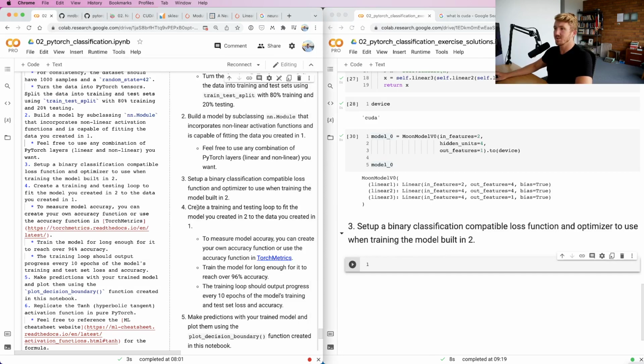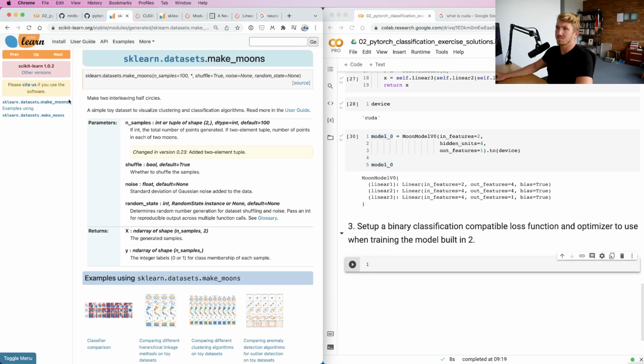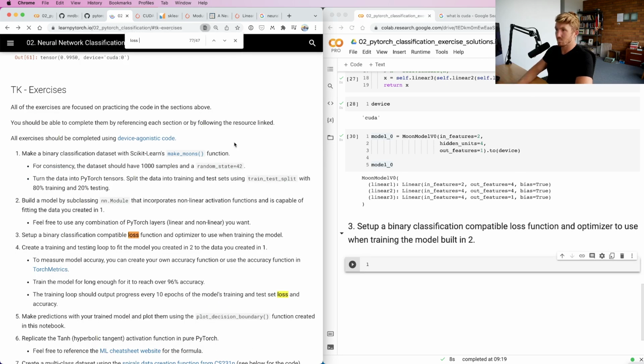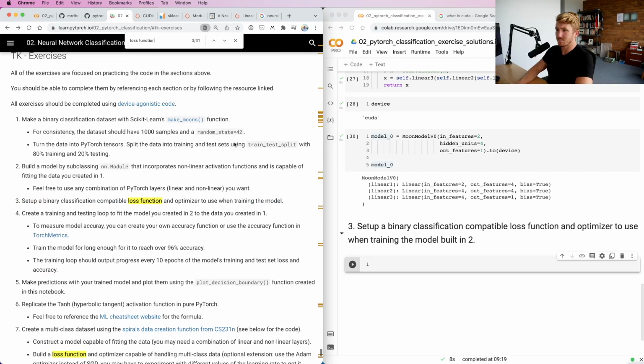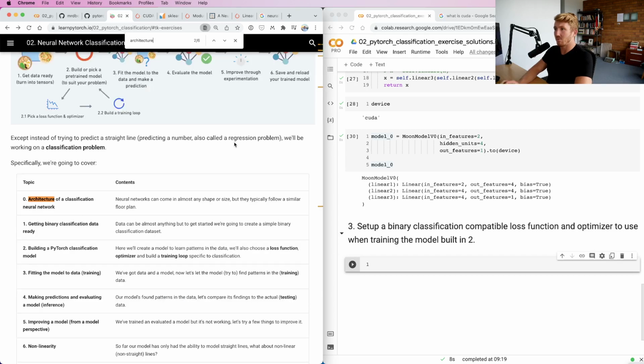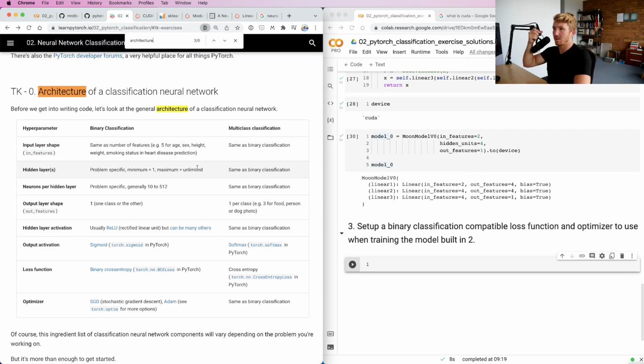So when it comes to loss functions, let's have a look at the loss function. We'll go to the architecture. So remember, these exercises are based off learnpytorch.io number 2. So you would have already gone through this section here, architecture of a classification neural network. Because we're using binary classification,